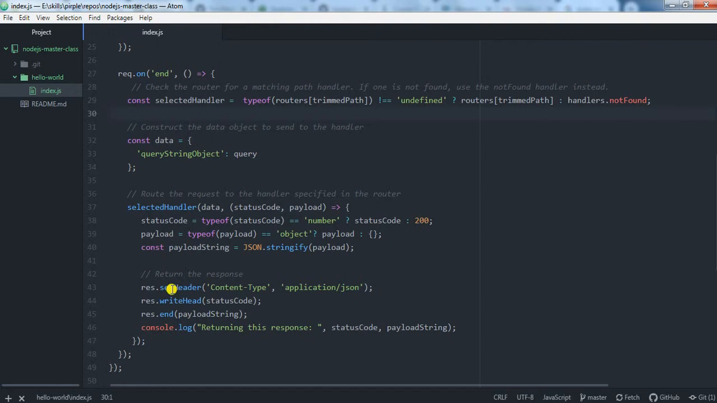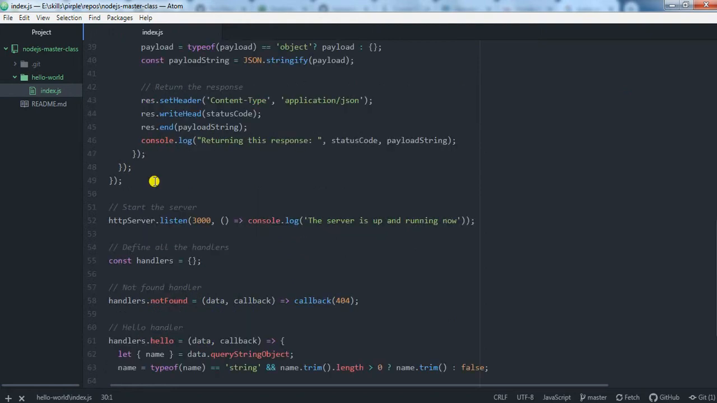message. In this response, first we need to set the header. We are passing a JSON object, therefore content type is application/JSON. Next, write header, the status code, and send the payload. This HTTP server listens on port 3000